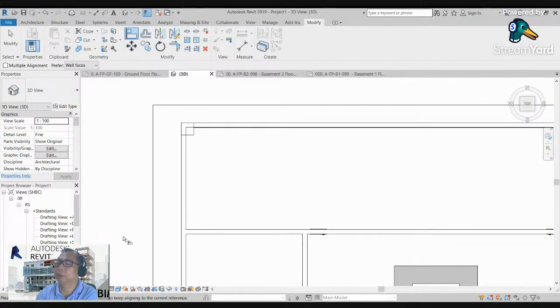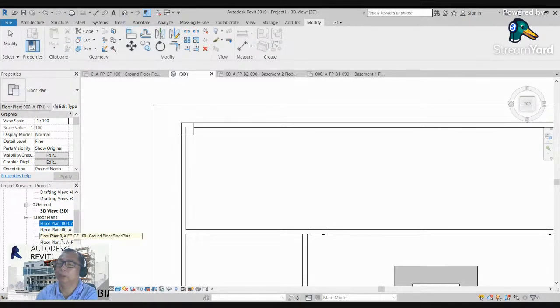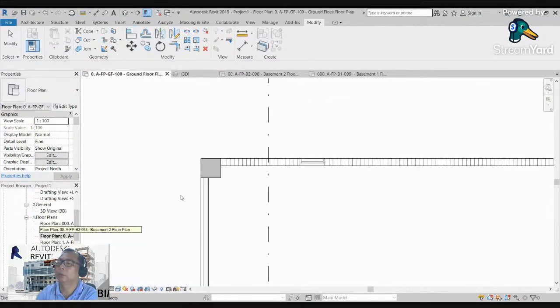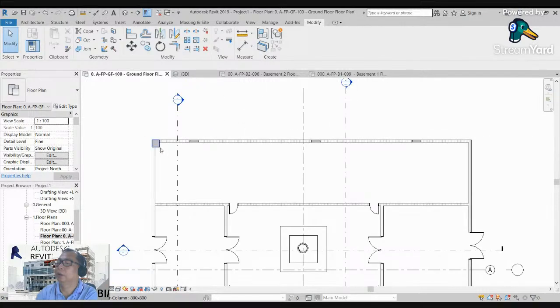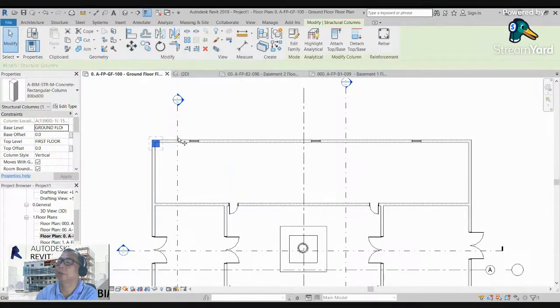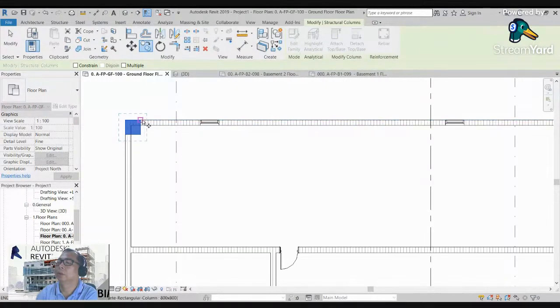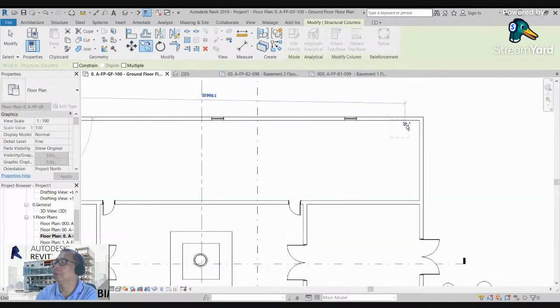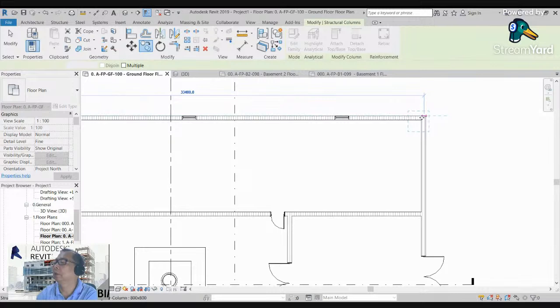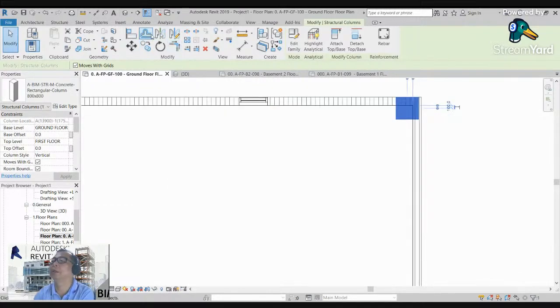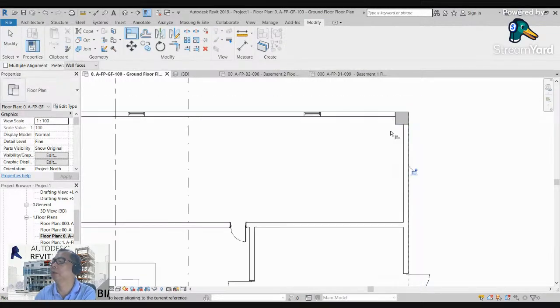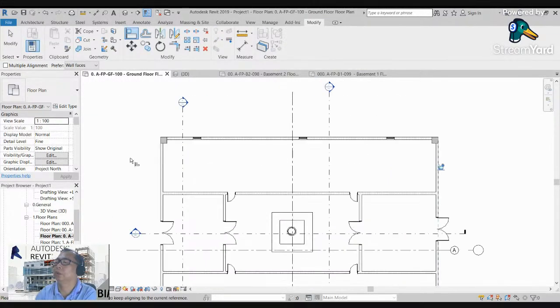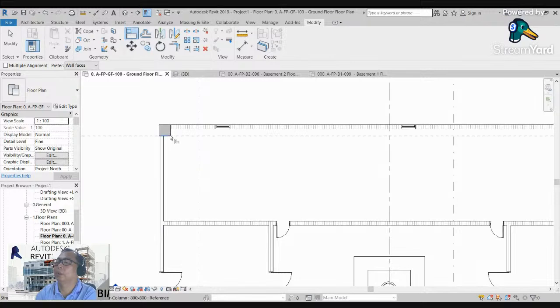Because that is on 3D, we'll go on the ground floor. See, copy, just copy, put place here. Okay, see, and then align. Okay, so you can copy by